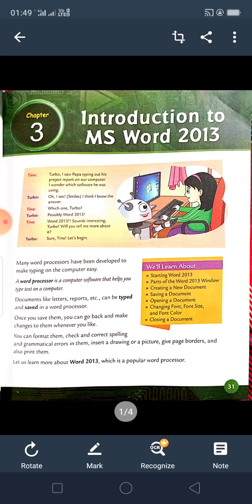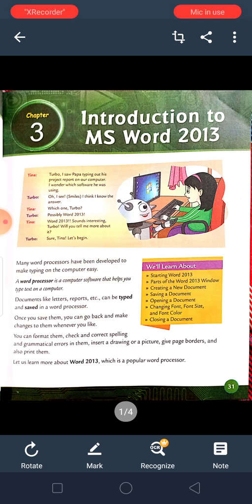MS Word 2013 helps us to write documents, type documents, and save documents. If we write once and save it, then it will not go anywhere. But we can change things.